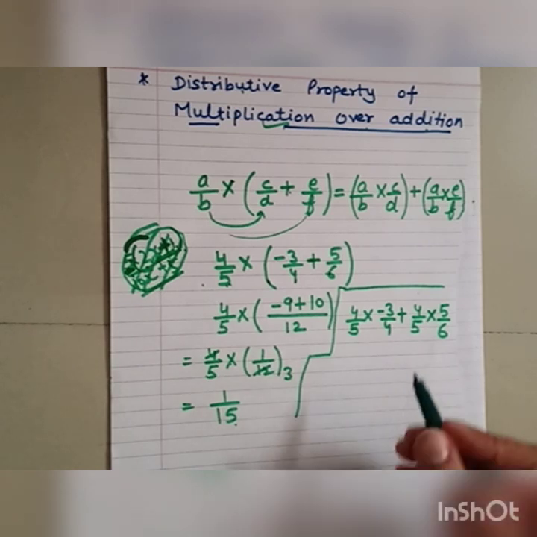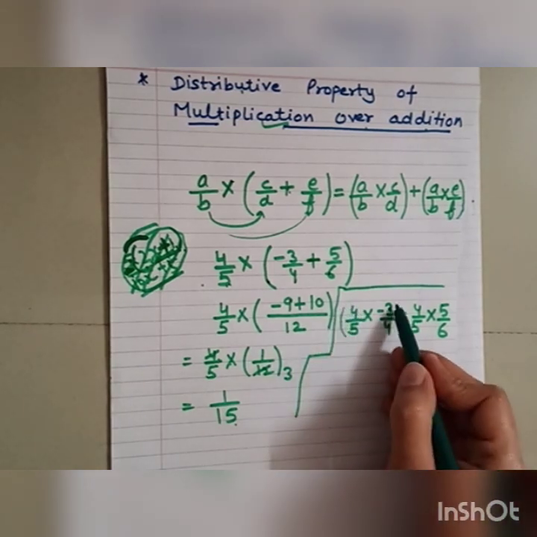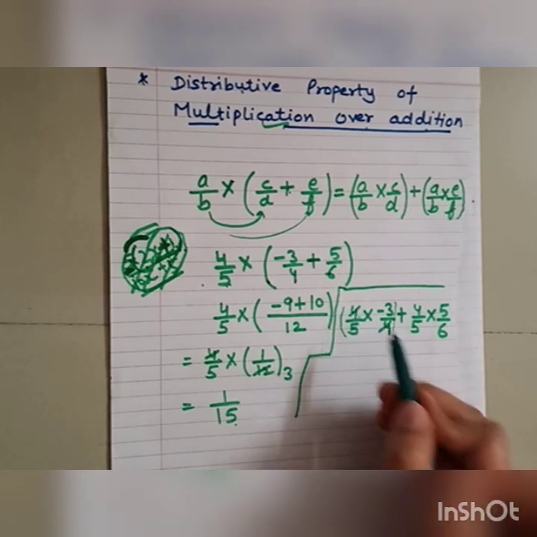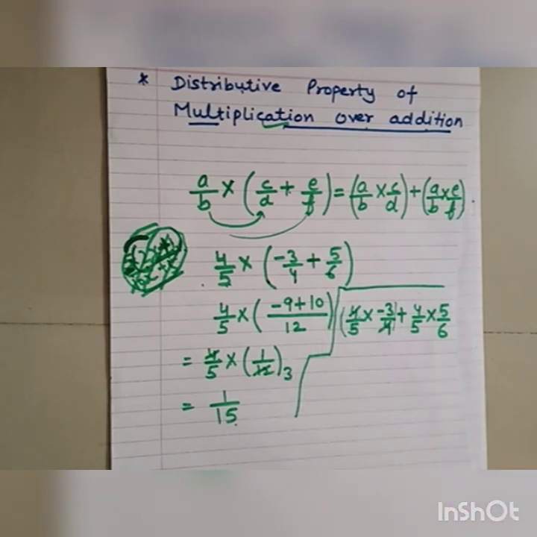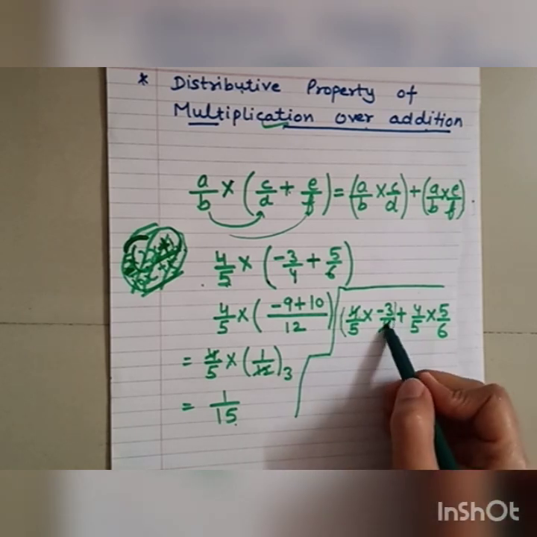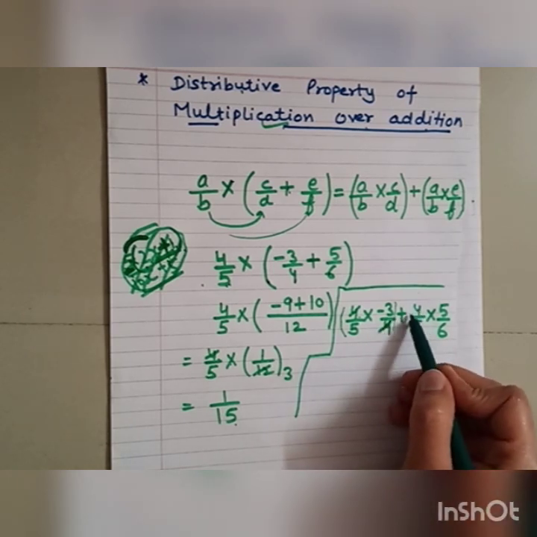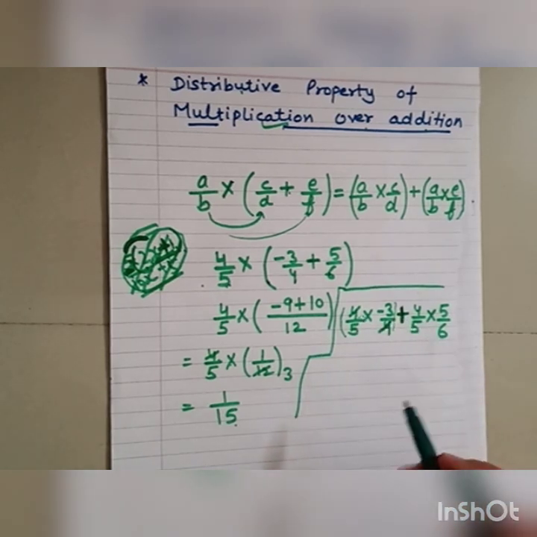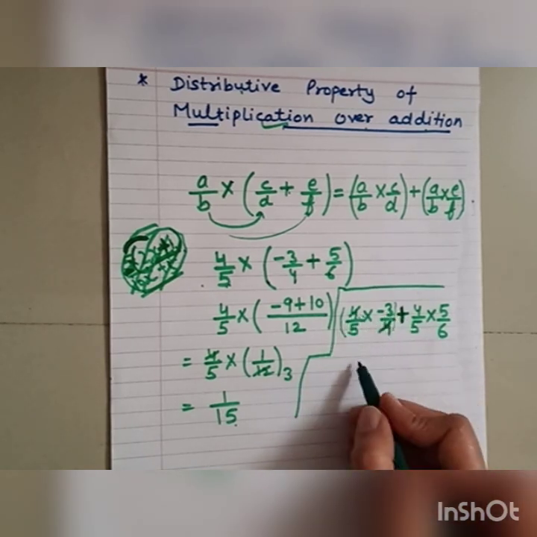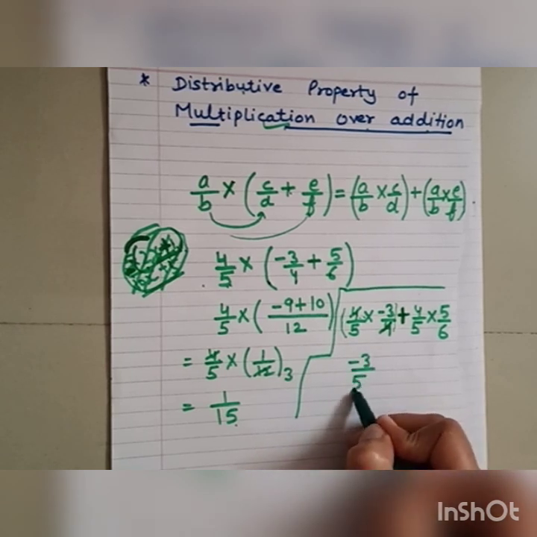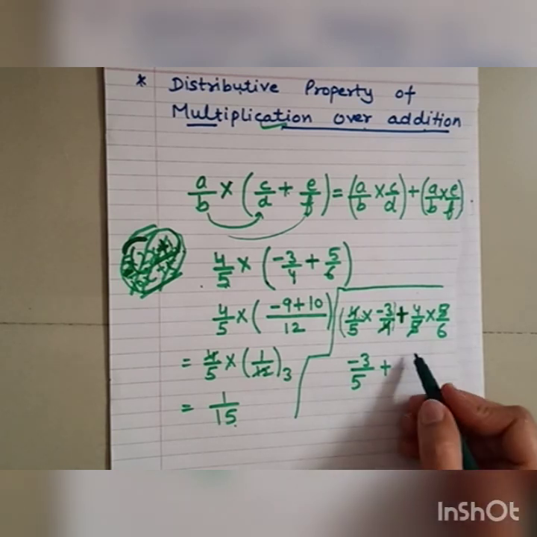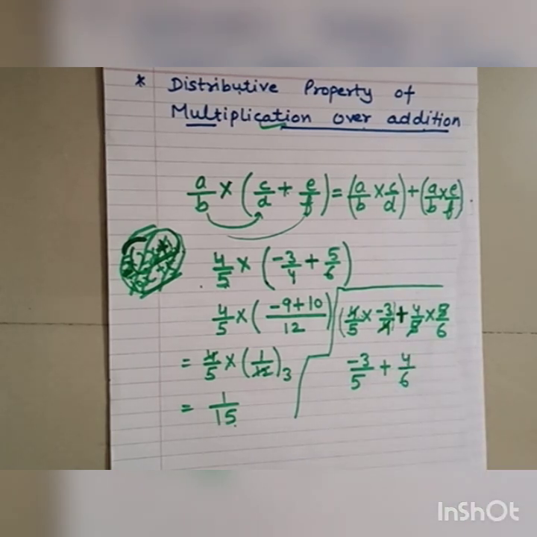Understood? So like this, these both values are in multiplication, so we can cut this, but do it carefully. Don't cut these values because in both values plus sign is there. Only in cross sign we can multiply this. Now minus 3 upon 4, 5 is remaining. Then plus, cut 5 to 5. Then we get 4 by 6.